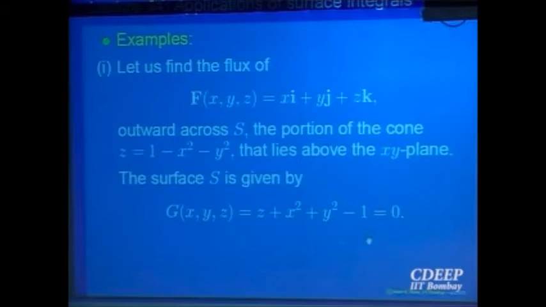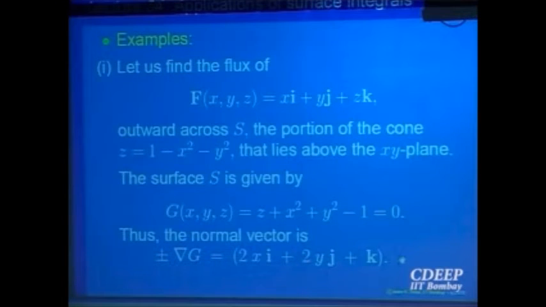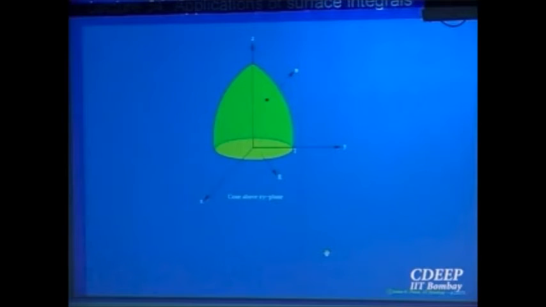So what do I have to find for the normal? The gradient of this g will give me the normal. So let us find that. Plus or minus is equal to this. And now you have to decide which is the outward one, which sign I should choose to make it outward. So now you have to roughly see what the picture of this is. It doesn't look like a cone, it's not a very perfect picture, but imagine it's like a cone. The tip is at the top. So this will be the unit normal. What will be the property of the unit normal?